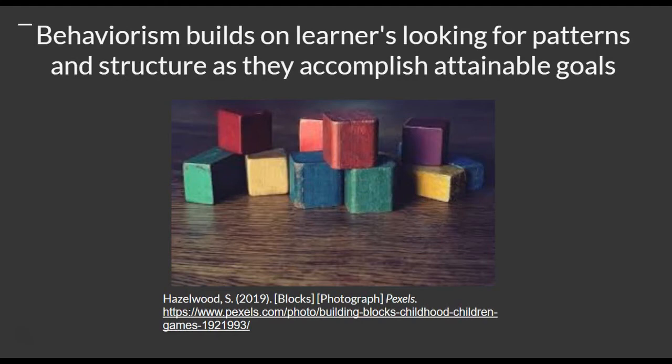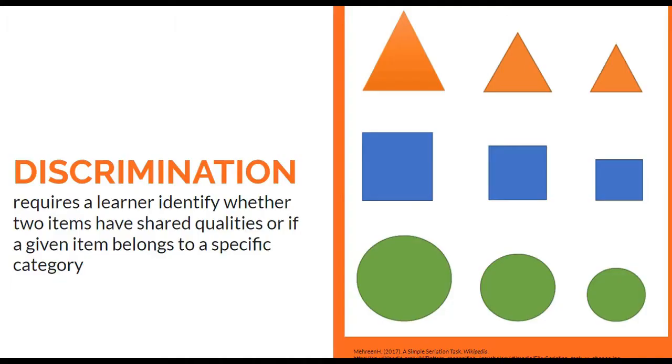Marissa Kiramita also notes that there are 4 areas where behaviorism is a key learning theory: discrimination, generalization, association, and chaining. The first area, discrimination, requires that a learner identify whether items have shared qualities or if a given item belongs to a specific category. This can be observed in classification activities. The second area,